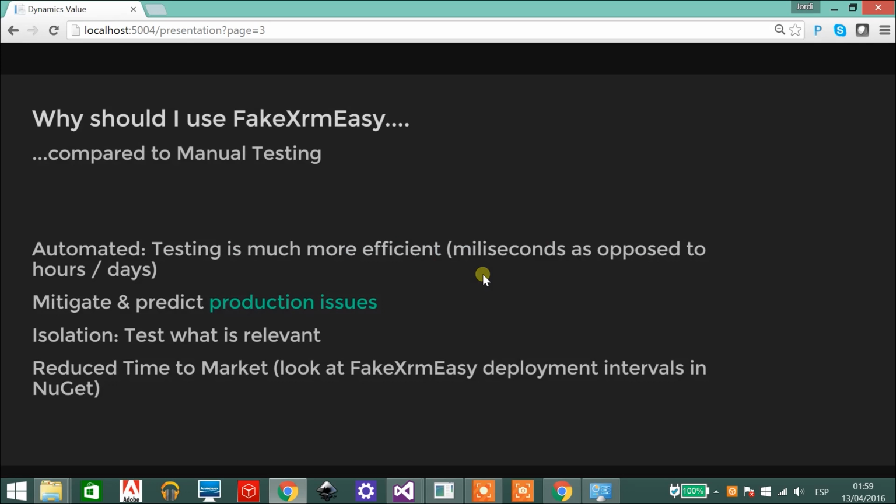So why should I use this as opposed to traditional manual testing? And this is really why should I use automated testing in general as opposed to manual testing. Well, in the first place, because it's automated, I can run hundreds, if not thousands, of different tests or scenarios in milliseconds or a few seconds, as opposed to hours or days. It's also because I can see if my tests break even before deploying anything. That's going to help me mitigate and predict even production issues. Also because I can test a small piece of functionality straight from Visual Studio, I can test my code in isolation from anything else,